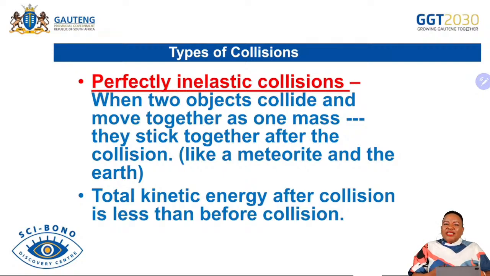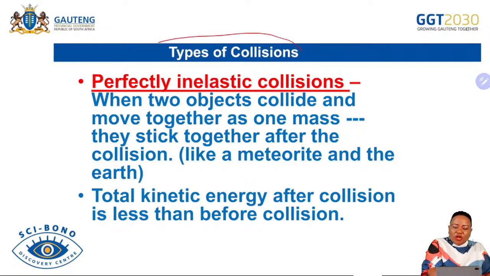And now we said definitely there will be a collision between objects during momentum, and it depends whether, at the end of the day, there will be energy lost, or sometimes in that collision there won't be any energy lost. It means we can even go further and say, if two objects collide with each other, will there be any loss of energy, or will energy be conserved? And that is why we look at types of collision.